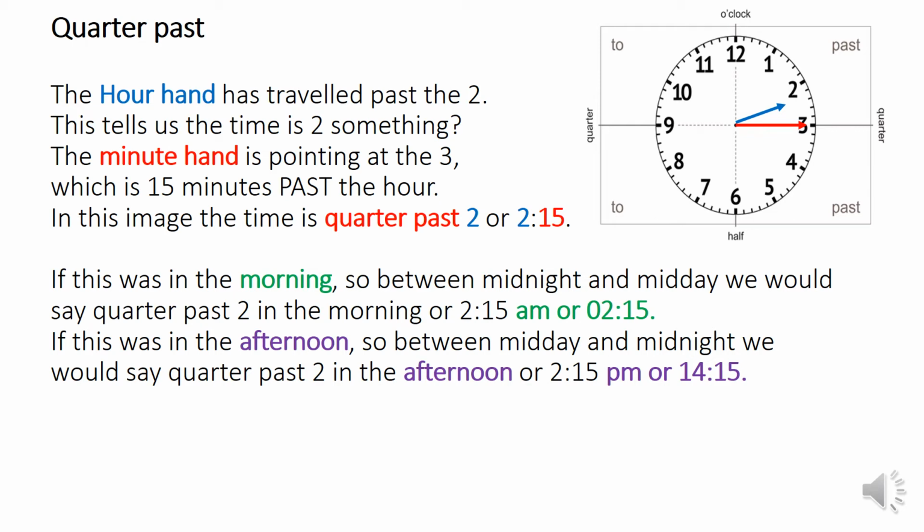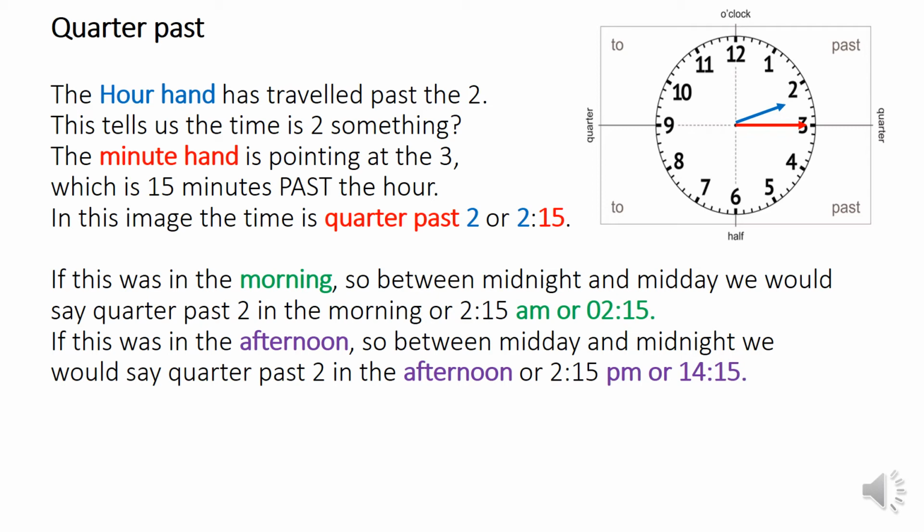Again, starting at the 12, round to the 1 is 5 minutes, round to the 2 is 10 minutes, and round to the 3 is 15 minutes. So we've gone 15 minutes past 2. In the morning, we would say quarter past 2 in the morning, or 2:15 AM, or digital time would be 02:15. If this was the afternoon, so between midday and midnight, we would say quarter past 2 in the afternoon,